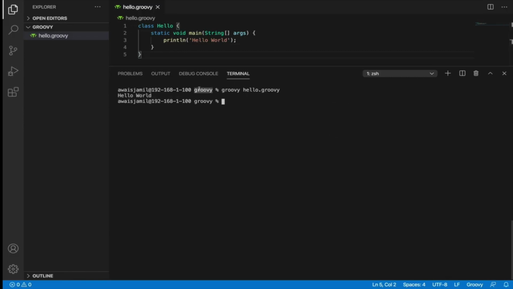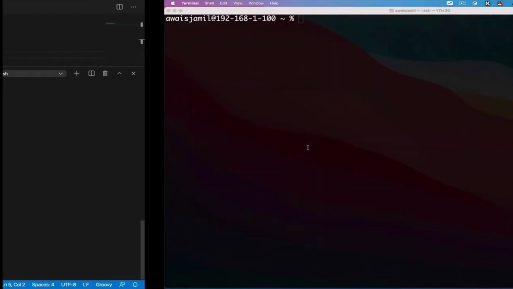So we used the groovy keyword, which starts the processor that executes Groovy script. Single line Groovy scripts can be specified as a command line argument as well. We also have a Groovy shell. I'm going to take you to terminal and I'm going to type groovysh, which is going to start the Groovy shell, and we can execute Groovy code interactively by entering statements or whole script line by line into shell. So code is executed on the fly.